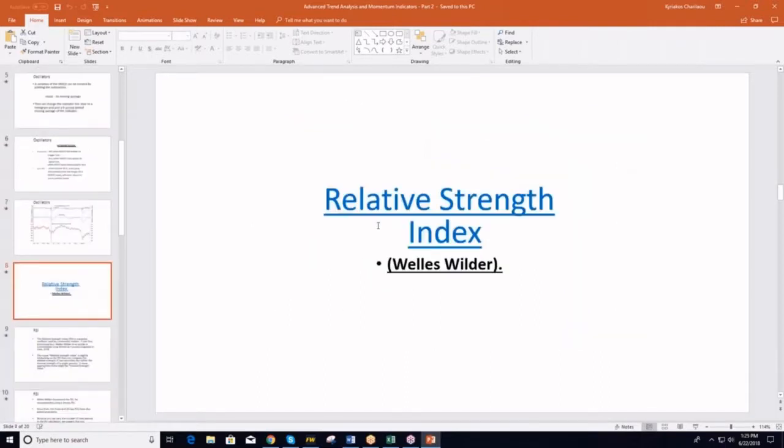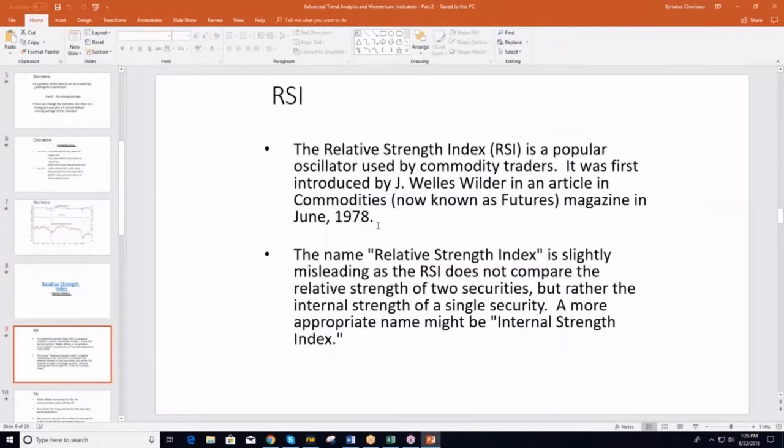The second indicator that we look at is called RSI, or Relative Strength Index. This momentum indicator, or oscillator, as we otherwise call them, was developed and discovered by Wilder. The Relative Strength Index, or RSI, is a popular oscillator used by commodity traders. However, nowadays it is used in all instruments. It was first introduced by J. Wallace Wilder in an article in Commodities, now known as Futures Magazine, in June